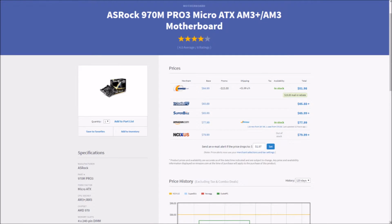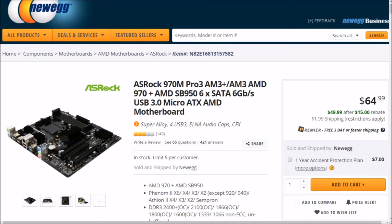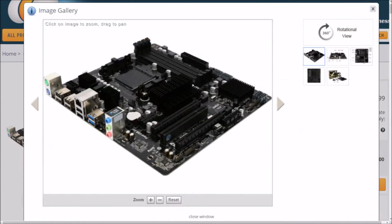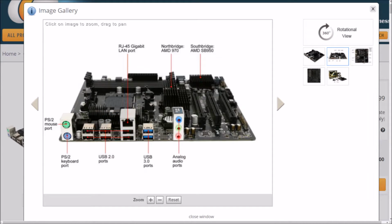For our motherboard, I've selected an ASRock 970M Pro3. This socket AM3 Plus micro ATX board features the AMD 970 SB950 chipset. We've got support for up to 64 gigs of dual channel DDR3 2400 memory, 2 PCI Express slots, 6 SATA ports, 2 USB 3.0, 6 USB 2.0, as well as 3 onboard fan connectors and 2 rather elusive PS2 connectors